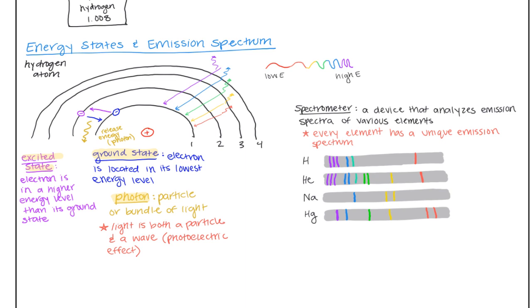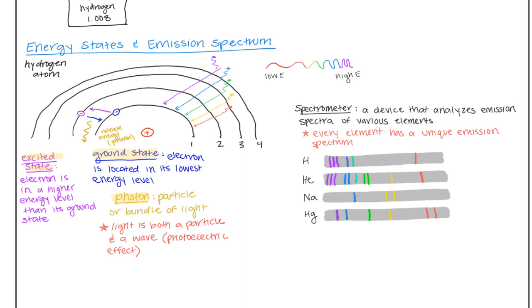Same thing happens if, say, it was just not quite as high an energy level as it would be if it was releasing purple light. You would see blue light. All the way down to the lowest energy level possible to be an excited state would result in the release and visual of red light. So again, the energy level that electron is coming from in its excited state is going to determine the colors